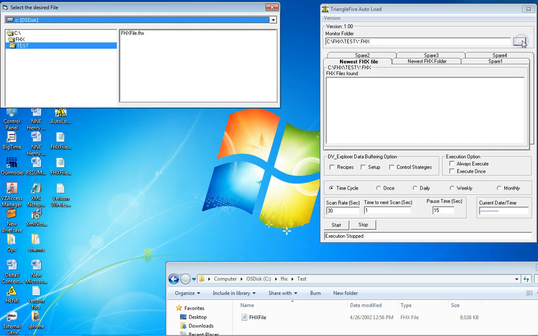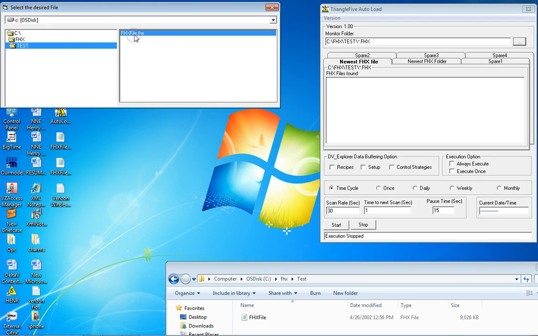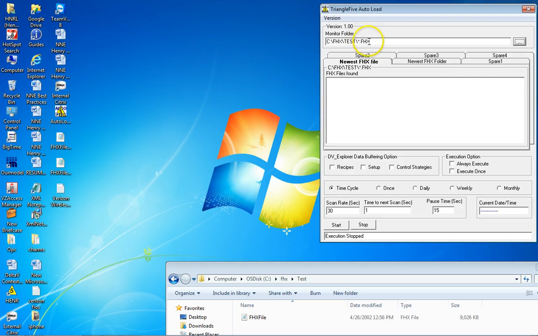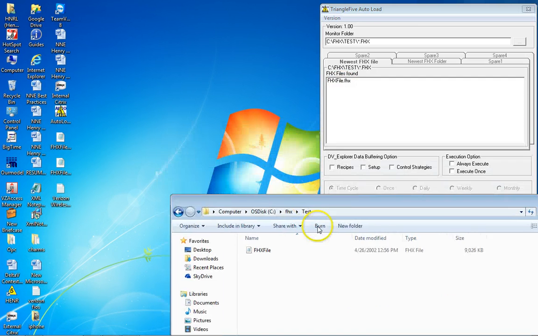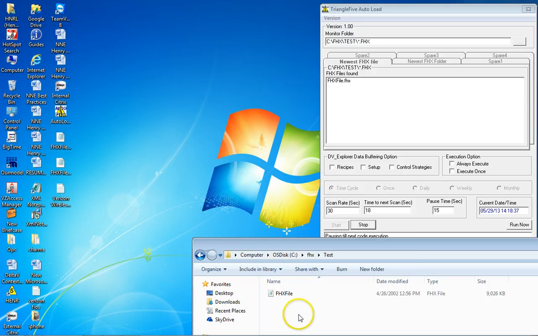Right now this is set up such that you click on this, you select the folder that you want to look for the FHX file, you double click on this, and this path will appear. So suppose in this folder when you start it, you already have an FHX file in there. If nothing happens, you automatically download the FHX file. But let's say before 30 seconds is up, the system exports a new FHX file,